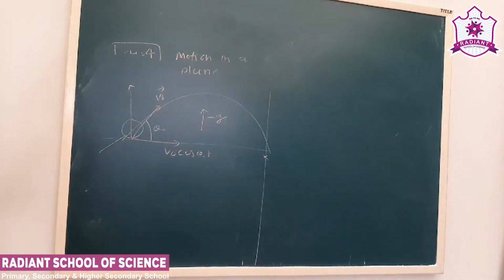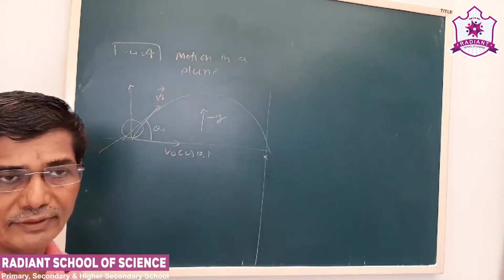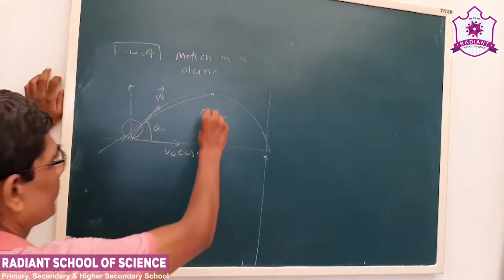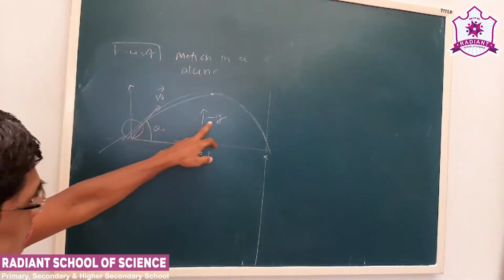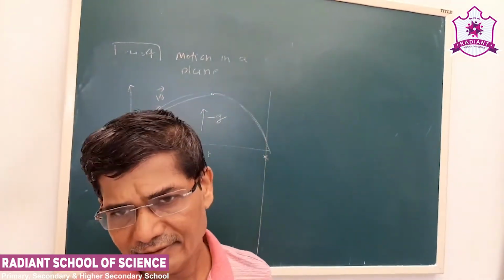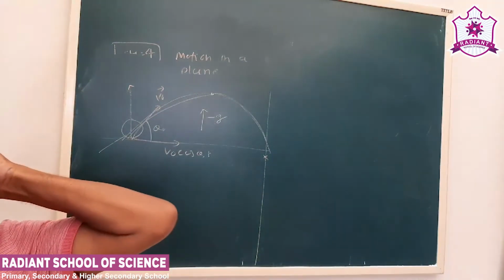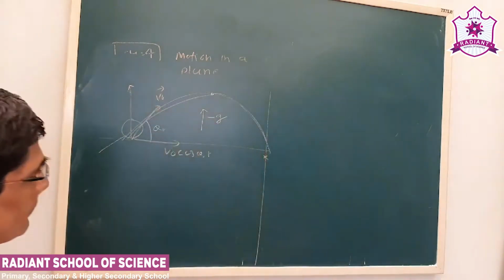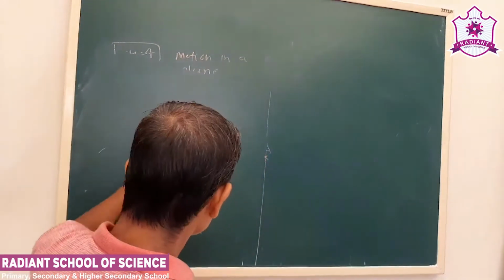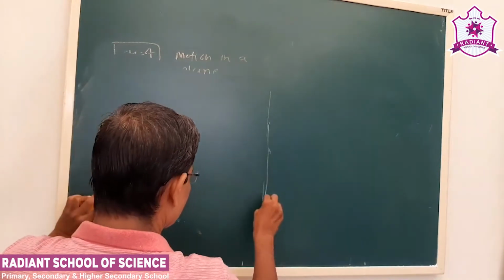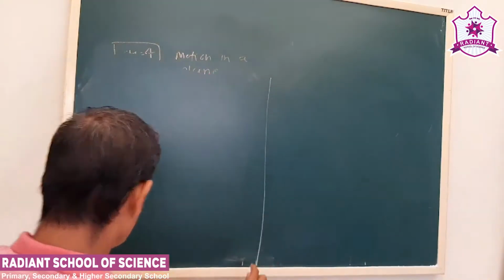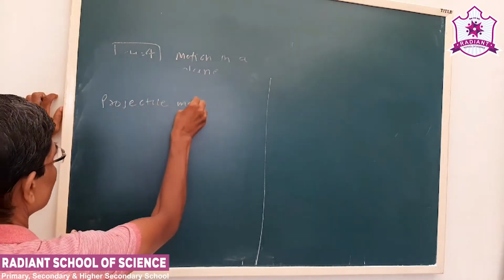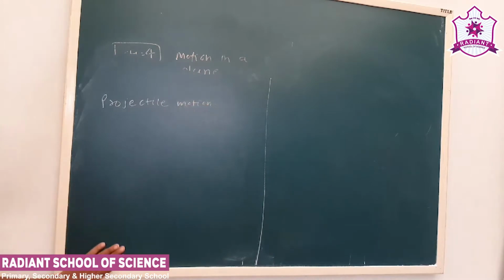We know it moves under the gravitational field of the earth. You can see here it reaches maximum height and comes down, that is because of the gravitational acceleration. Now the value of g is also fixed, so that is called constant vertical acceleration. So that is nothing but the projectile motion. Our question will be like this.